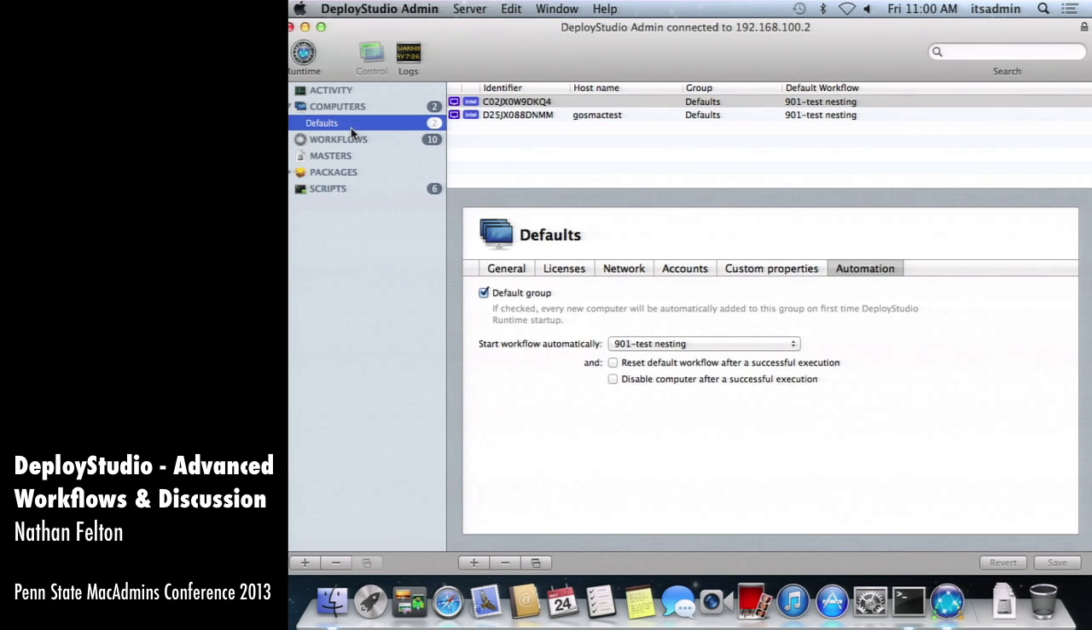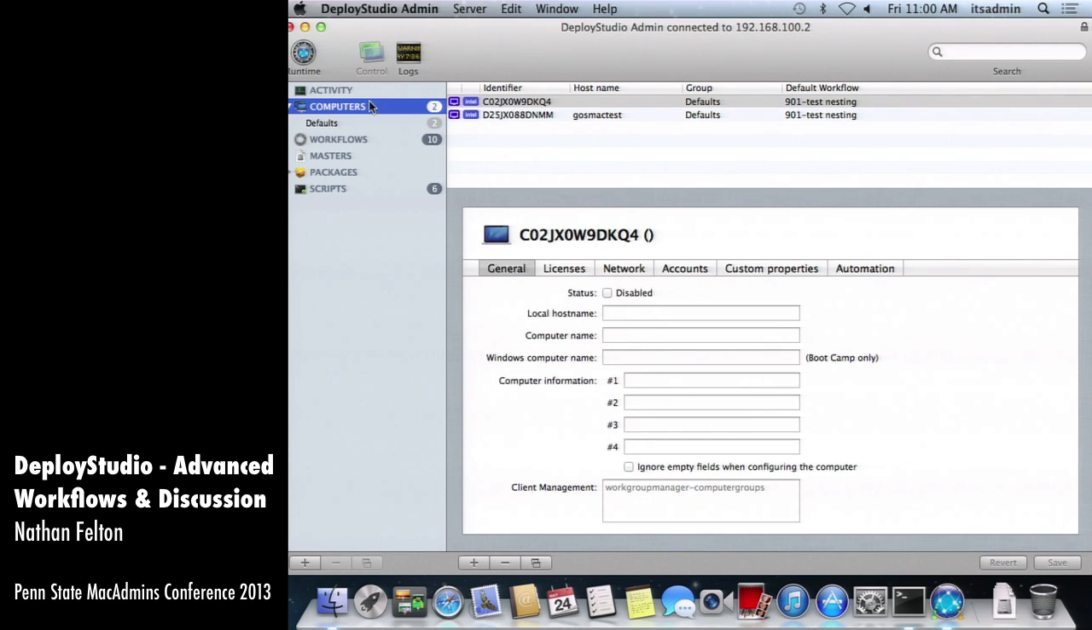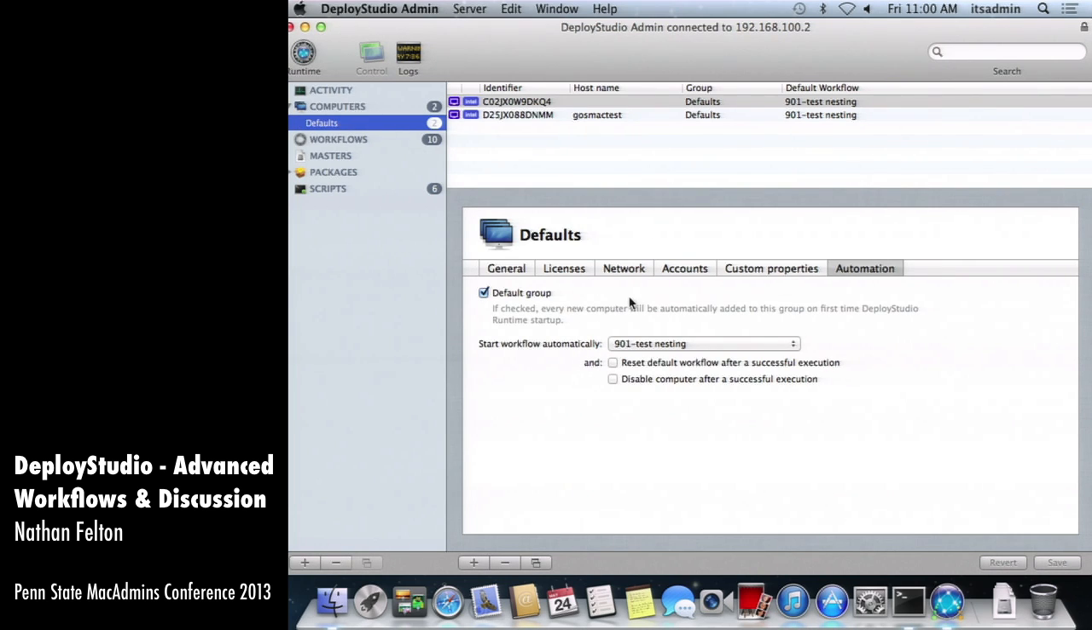So by default, if a computer is not in your database yet, it'll just go into computers. It will not go into any groups. If you want it to go into a group, there's a nifty feature here where you can say that this is your default group. So every new computer that checks into the database through the runtime will automatically add itself